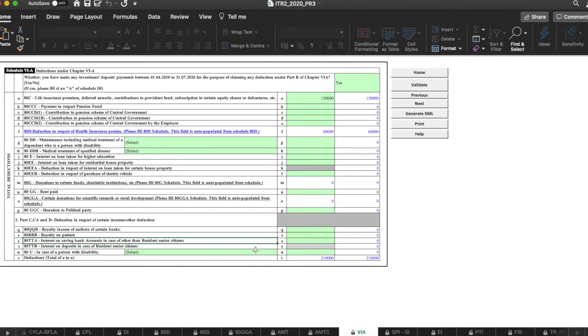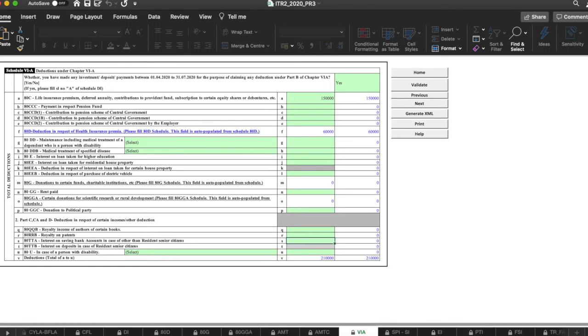What it's saying is you can claim up to 10,000 as a deduction if you got interest from the savings bank. Yeah, so it is not the deposit interest, it is the savings bank interest. That is the interest you have received for your amount kept in savings bank account. So up to 10,000 you can claim here.